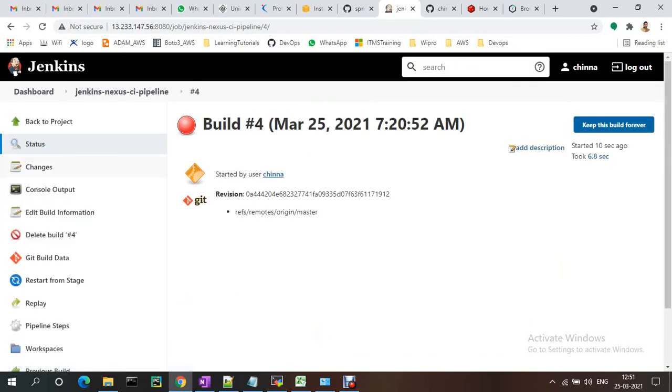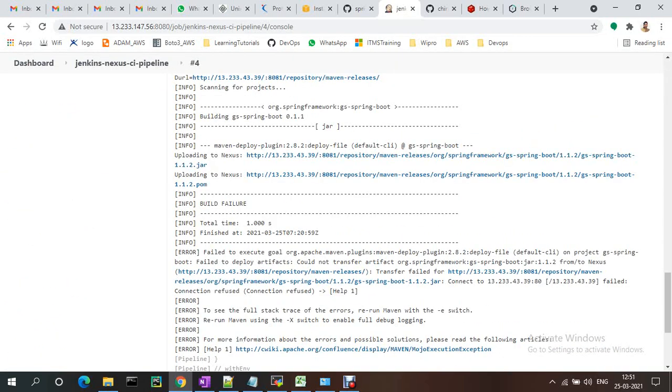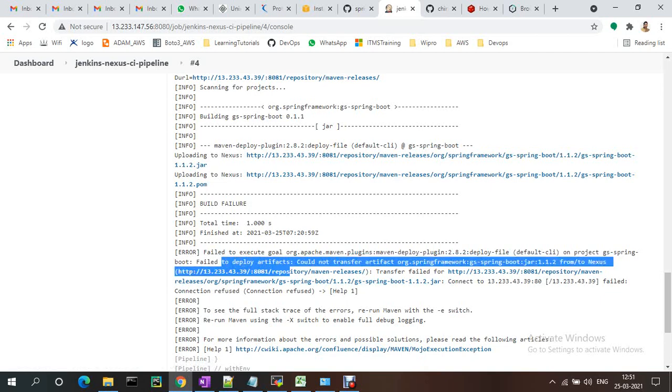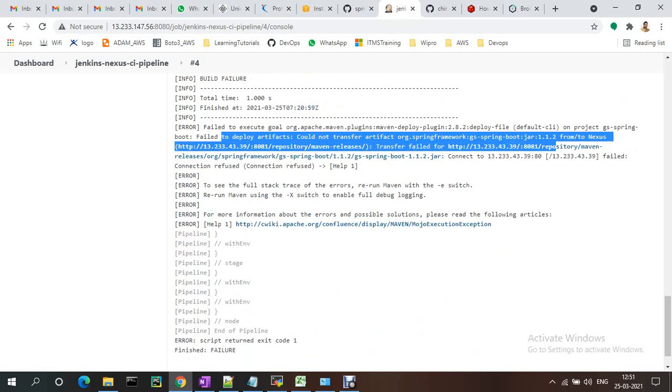Some error is there. Let me check that error. Go to the console output, and the build failed. What is that issue? Failed, connection refused. The Maven repo Spring Boot connection failed.